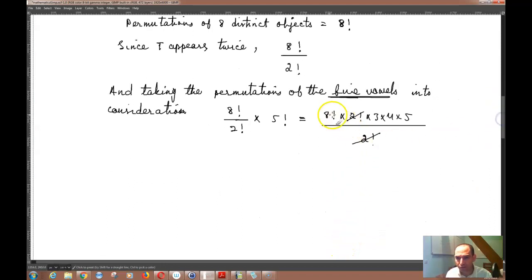And then 8 factorial is the same thing as, although it's not very necessary, it wouldn't hurt to memorize a few of these all the way up to, for example, 10 factorial. So this is the same thing as 60 times 8 factorial. Now 8 factorial is the same thing as